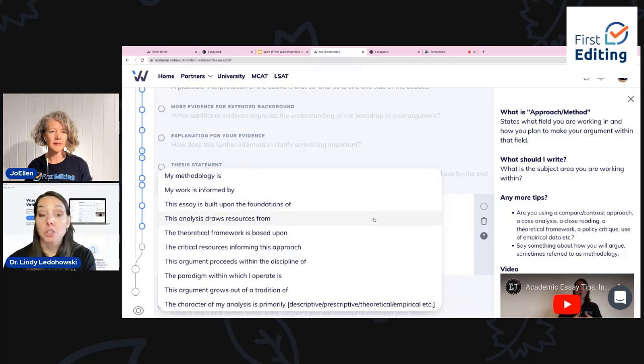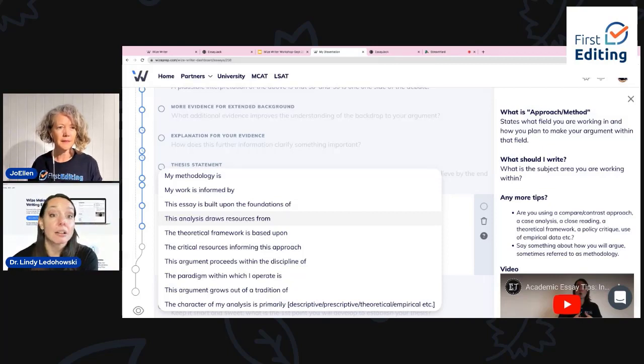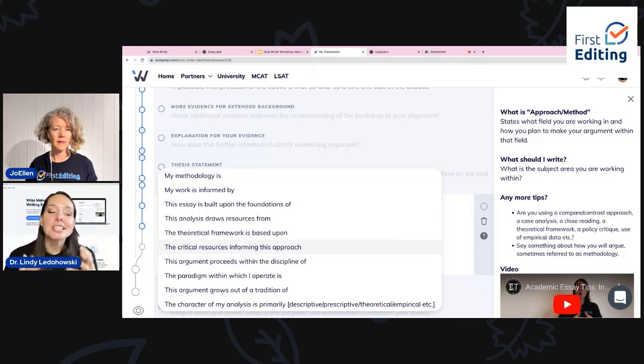This analysis draws resources from literary analysis. So I'm going to draw resources from certain kinds of literary analysis, particularly, let's say, Marxist criticism. And then I am going to outline each of those. The theoretical framework is based upon, I'm going to outline what is the model, that theoretical model that underpins my research. Again, critical resources informing this approach have been influenced by, these are the kinds of sentences that you need